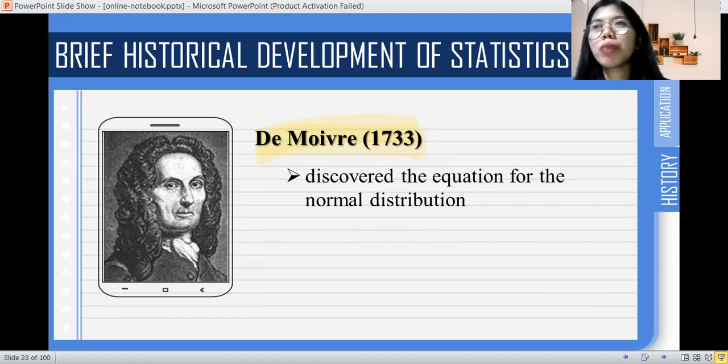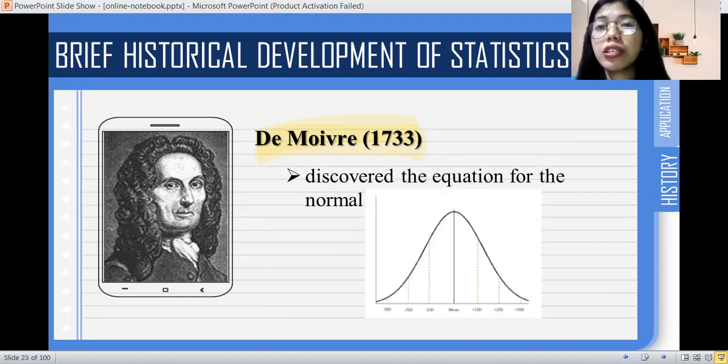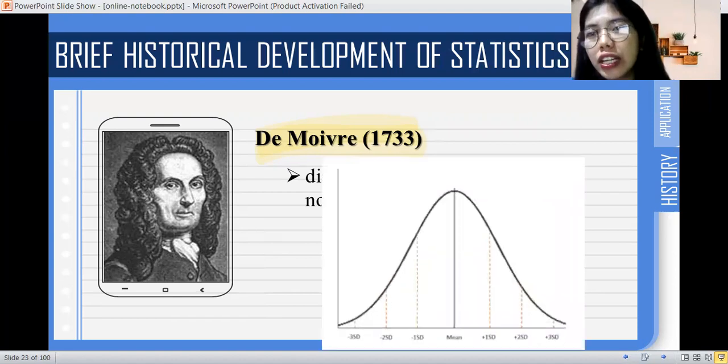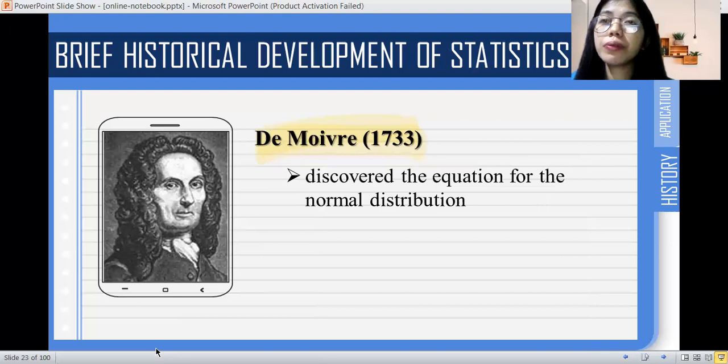Ano nga ba itong normal distribution na to? So, magagamit natin to sa higher statistics na natin siya madidiscuss. Pero ang itsura niyan is ganito po yan. Naka-bell-shaped curve po siya. Okay? So,